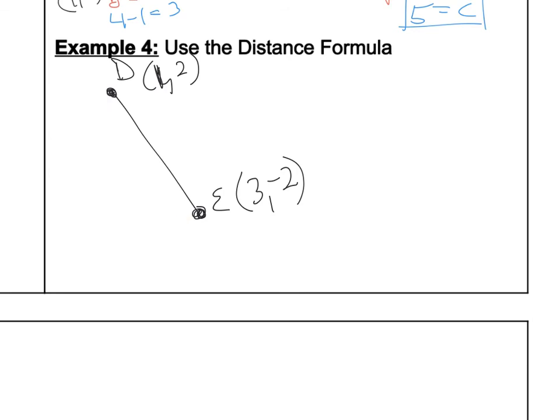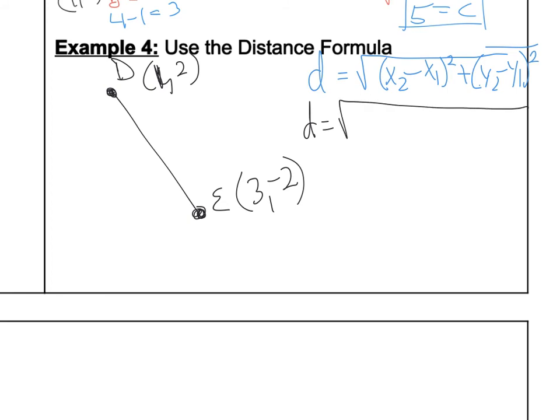So here is the formula you're going to use. This is called the distance formula, which means I'm going to use a small d for distance, equals a big long radical, and you take your x2 minus your x1, and that's going to be squared, plus y2 minus y1, and that's going to be squared, all underneath the radical. So here's how it goes. My distance is going to equal the big long radical, x2 is going to be